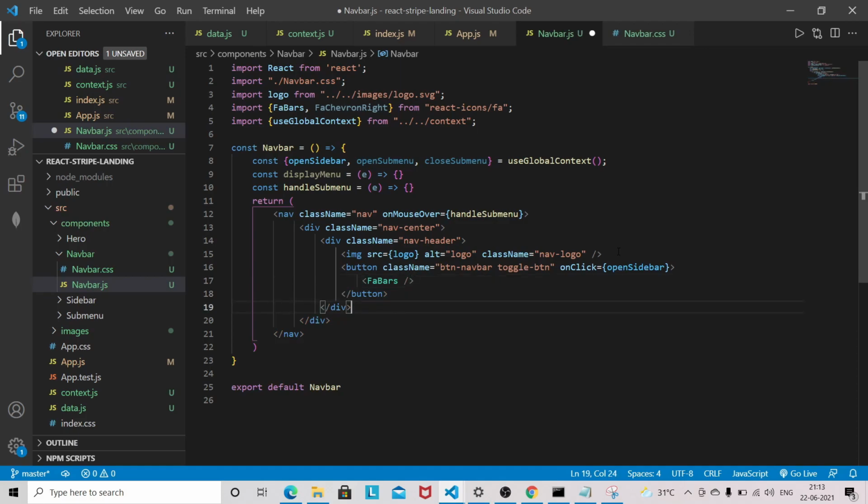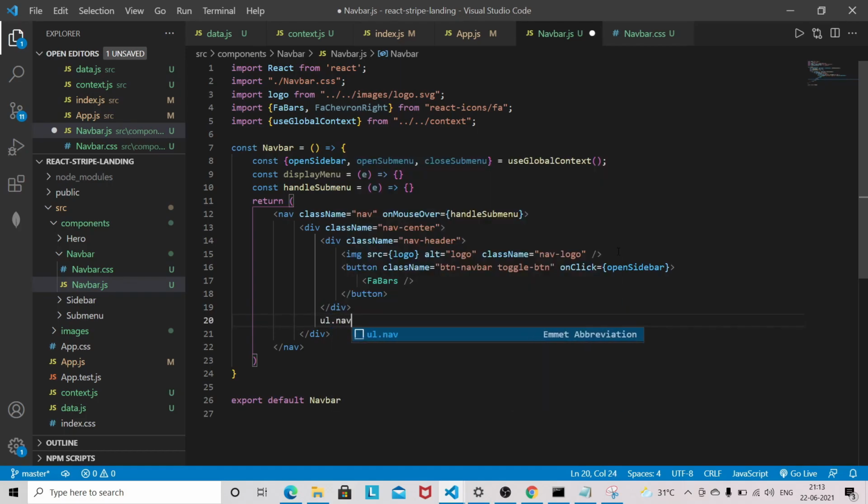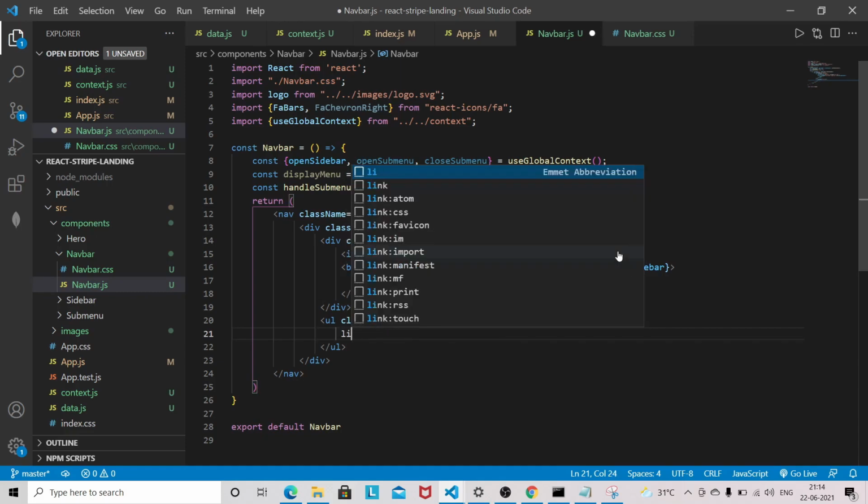Now below this div we'll have a ul tag with the class name nav links, and inside that I will have the li tag. So it can't create that way, okay, so let's give li.